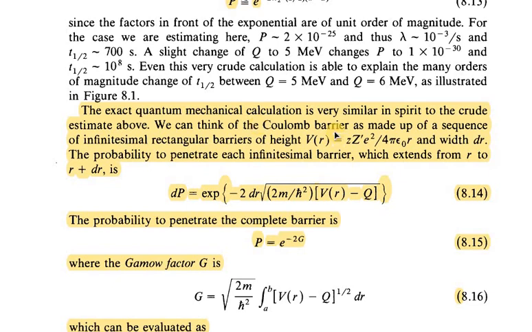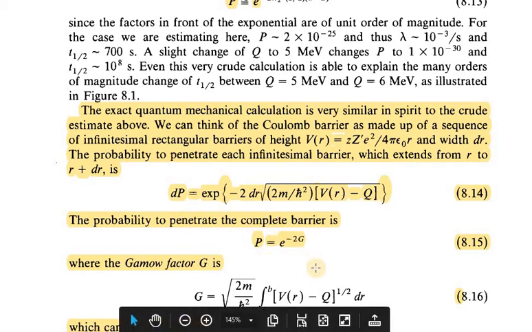We can think of the Coulomb barrier as made up of a sequence of infinitesimal rectangular barriers of height V of r equal to Z prime e square by 4 pi epsilon 0 r and width dr. The probability to penetrate each infinitesimal barrier which extends from r to r plus dr is dP equal to e power minus 2 dr square root of 2m by h cross square into V of r minus Q. Therefore, the probability to penetrate the complete barrier is P equal to e power minus 2G,